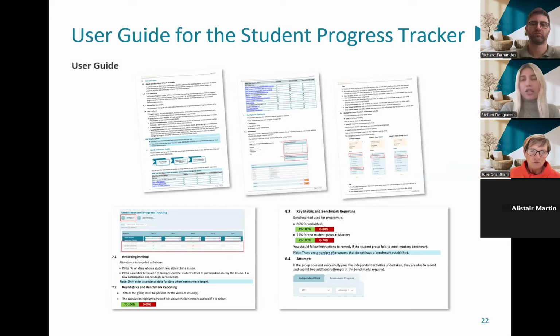As you can see on the screen, there are some screenshots which clearly outline the benchmark thresholds. Things like 75% is needed for mastery on assessments, 85% success is needed on independent work, and 70% group attendance. These benchmarks are highlighted in red or green on the tool, so teachers don't need to guess, they can instantly see whether students are on track or not.